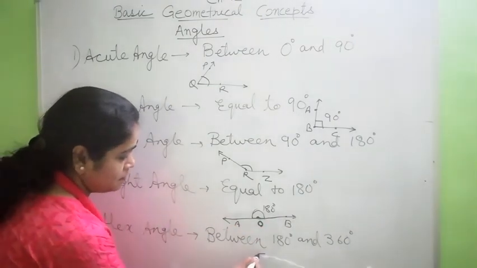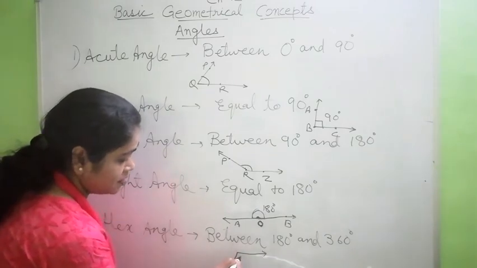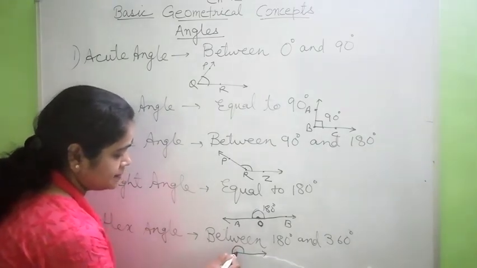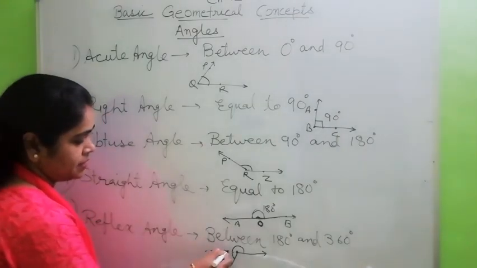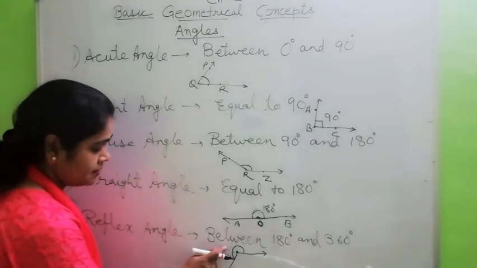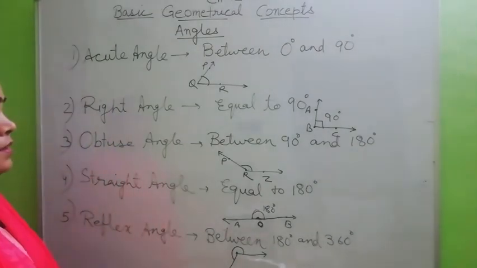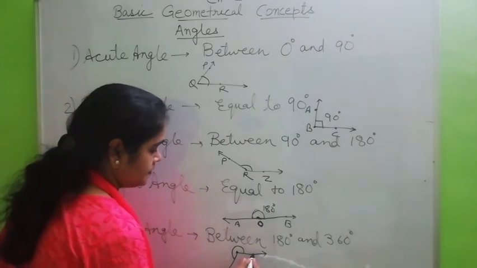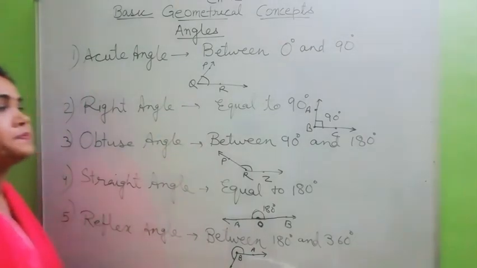So this picture I will show you, obviously 180 degree. Now reflex will be more than this. This can be an example of, but not this side. This side is an example of a reflex angle, because this is 180 degree and the angle is increasing. So it is more than 180 degree. So angle A, B, C, I am naming it.